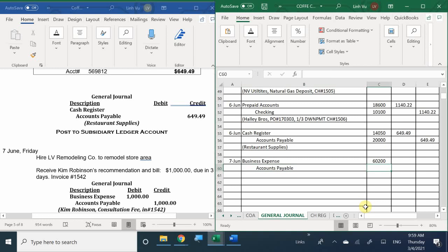All right. Accounts payable account number. Yeah, you can look right above, right? And for how much am I owing to Kim Robinson? $1,000. Okay. And then lastly, let's go ahead and fill in this description here because we have pretty much